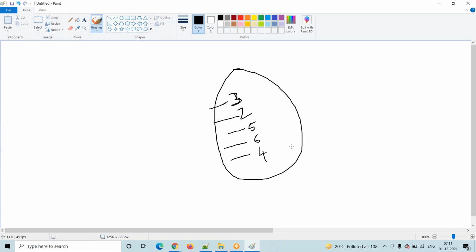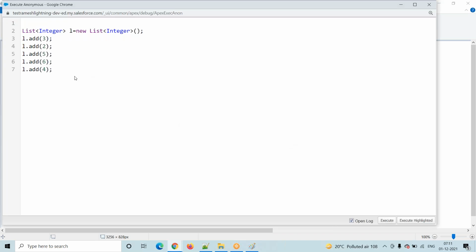So my requirement is to write one list. In that list, you will go and add the elements. And yes, we added the elements. Now assume that this is my list. My requirement is to verify this list. Each and every element you have to verify. If any element is 6, then you have to perform this logic. That is my requirement. Here my next question: how to check each and every element from the list?